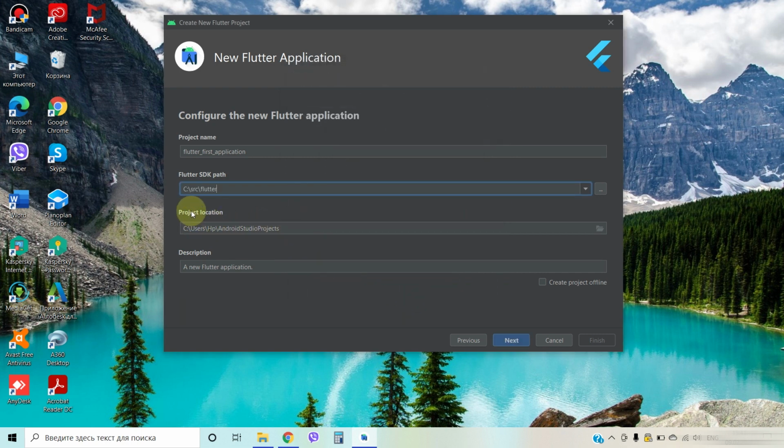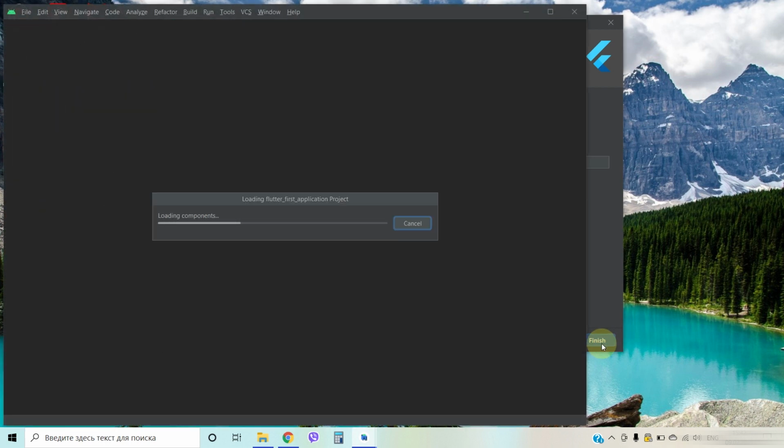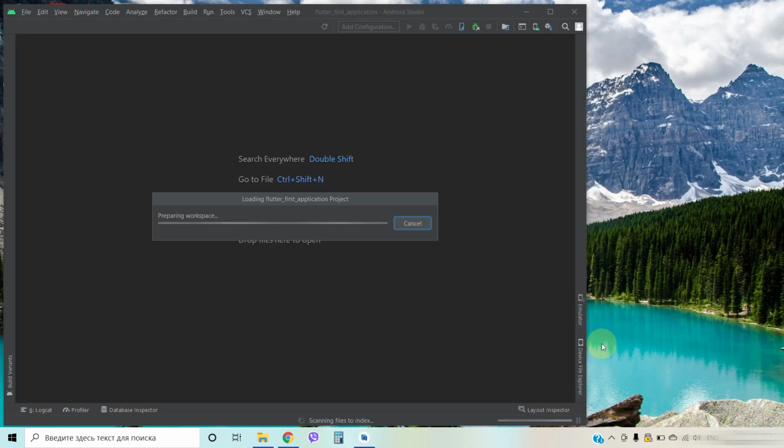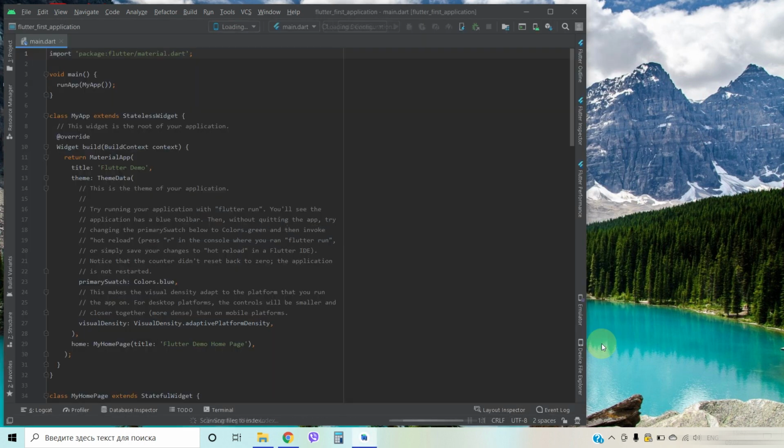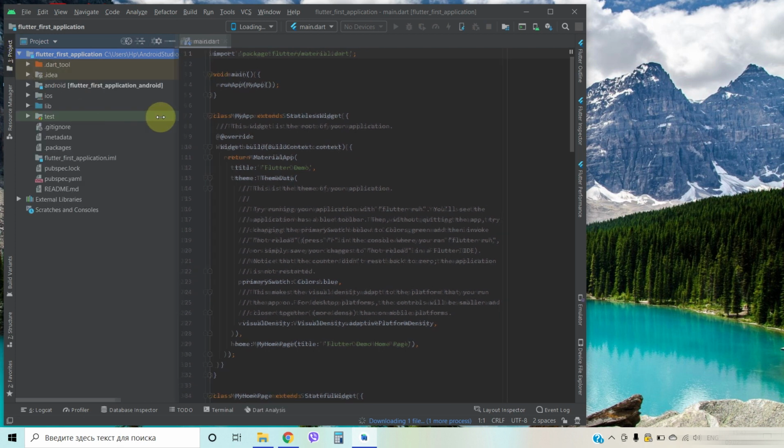And change project location and description if you want it. Next. Also, you can change package name of your project, so finish. So this is our first Flutter project.